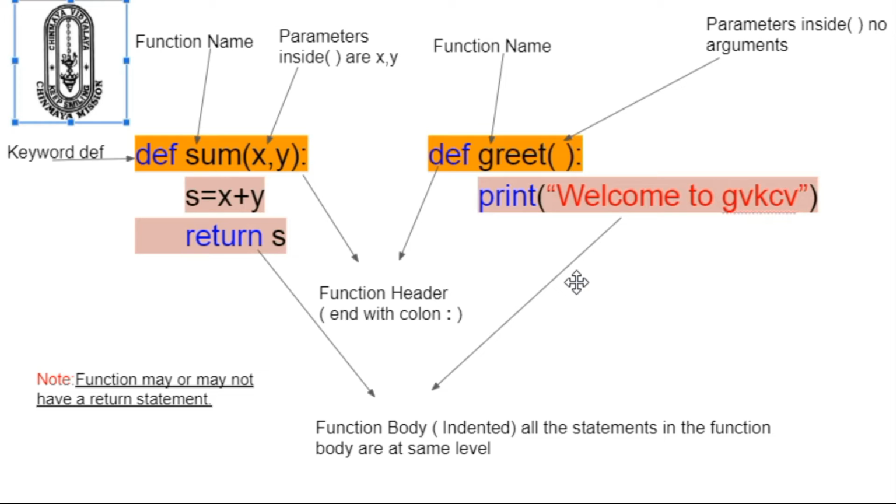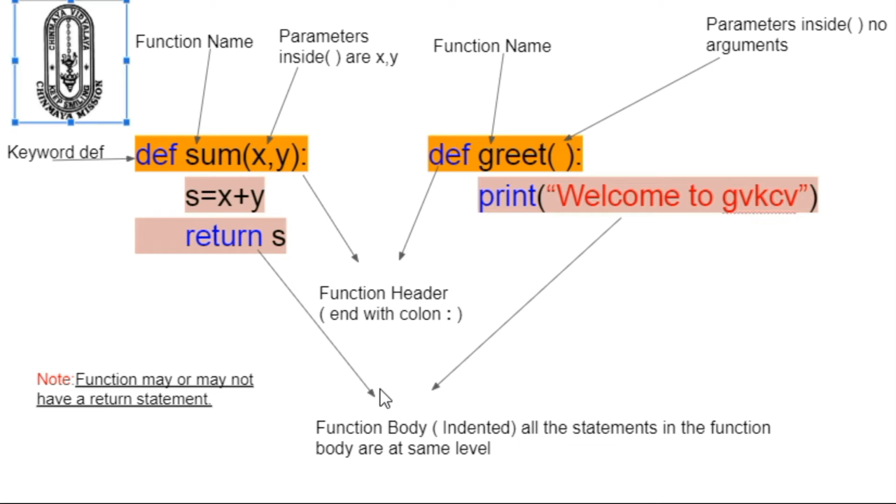The first line of the function definition, which begins with the keyword def and ends with a colon, specifies the name of the function and its parameters. The parameters are the variables that are listed within the parenthesis of a function header. Coming to the function body, it is the block of indented statements below the function header that defines the action performed by the function. The function body may or may not have a return keyword.